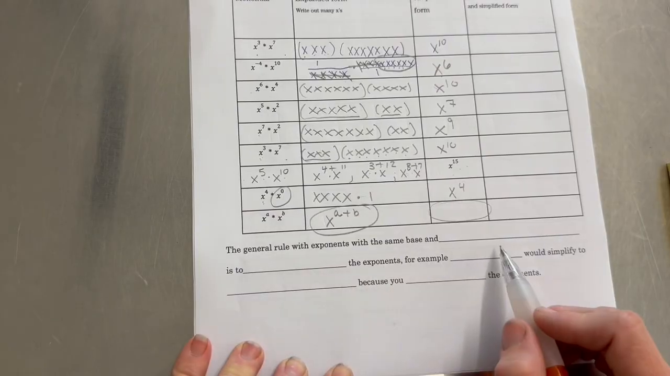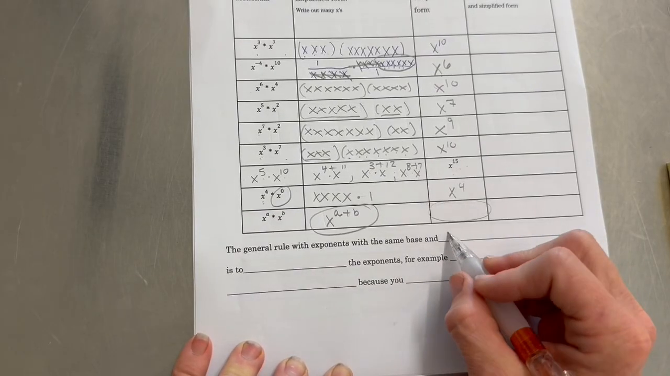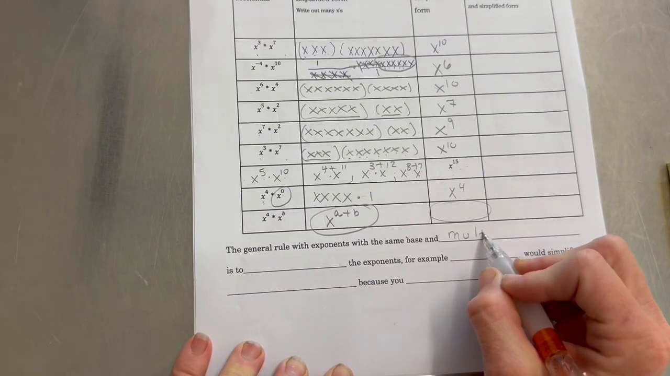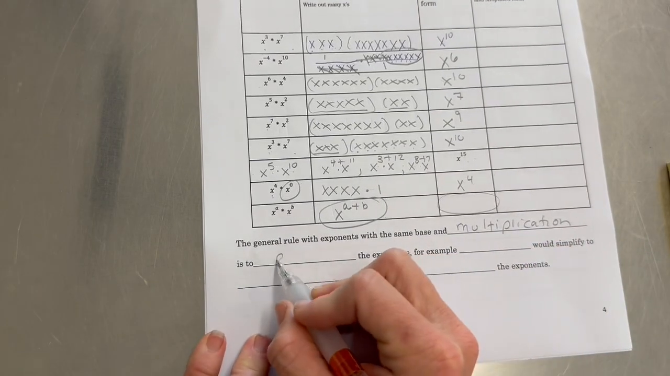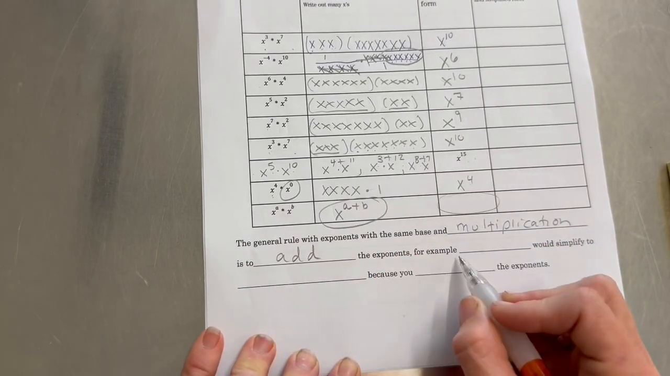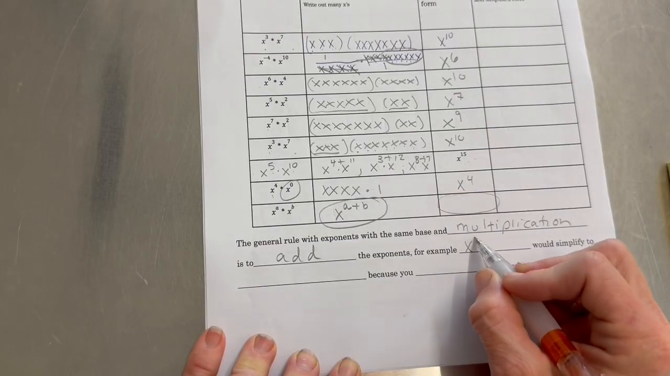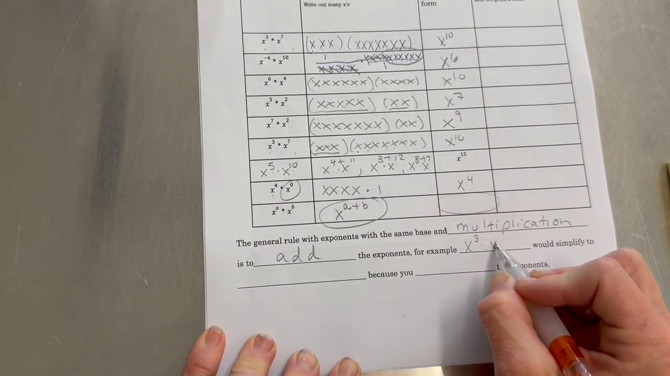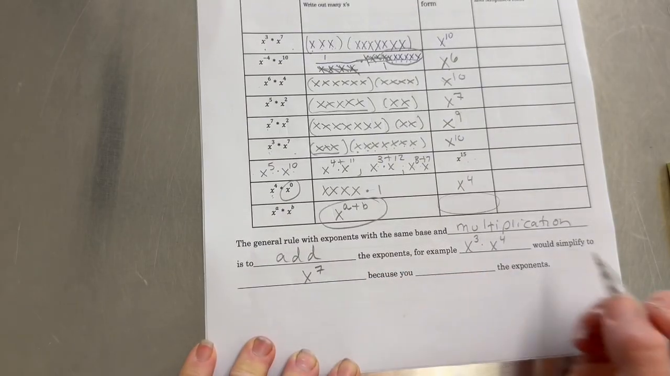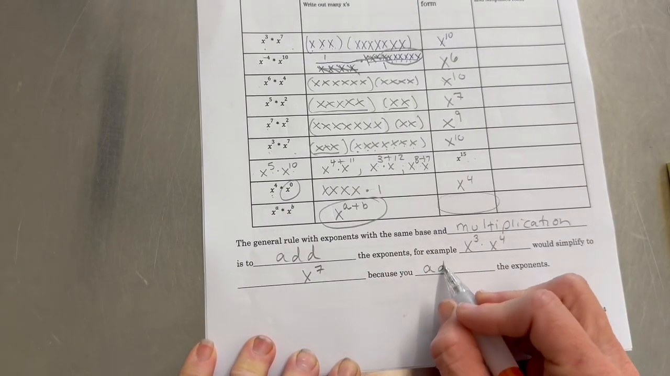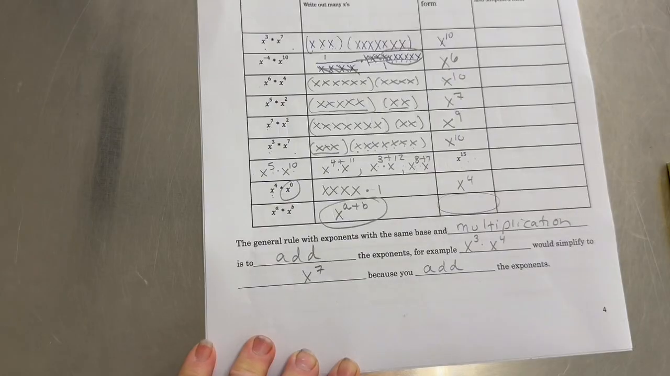And so the general rule with exponents with the same base and multiplication is to add the exponents. For example, x to the 3rd times x to the 4th would simplify to x to the 7th because you add the exponents. So now at this time, we're going to get out our handout